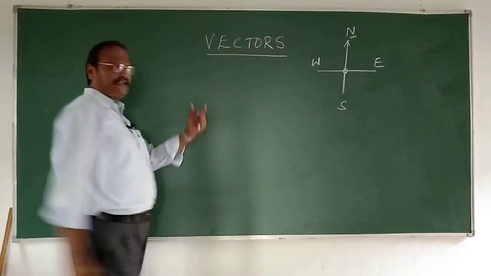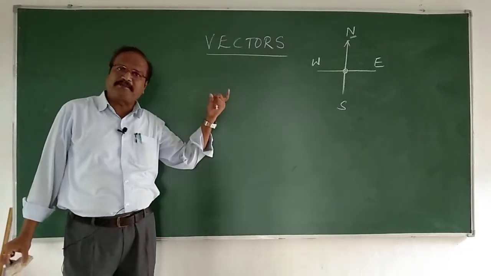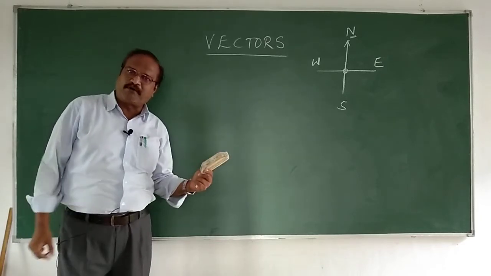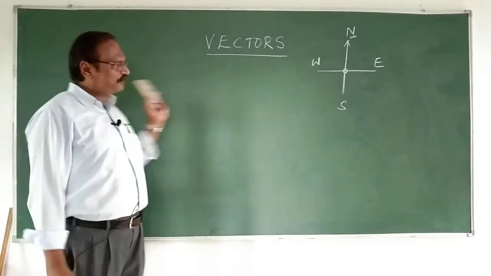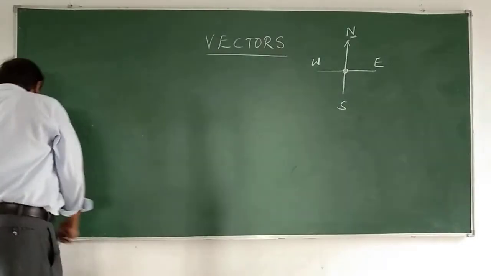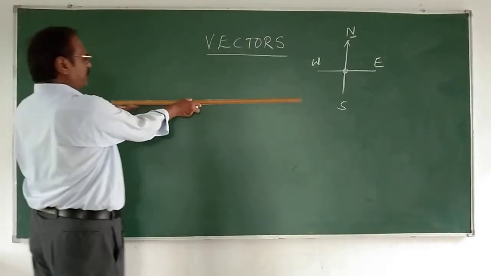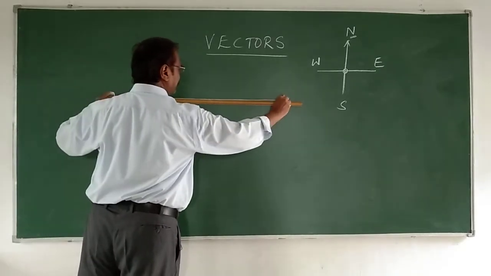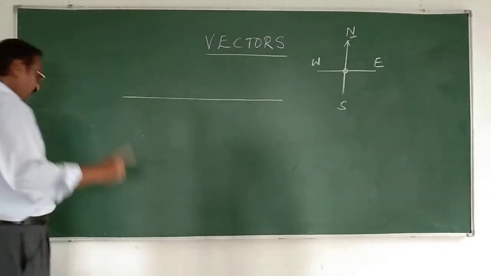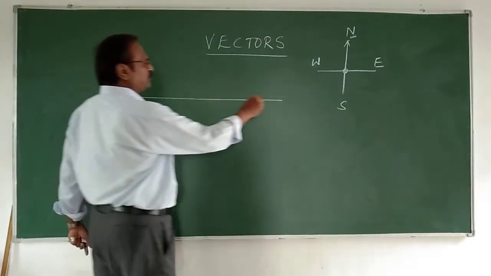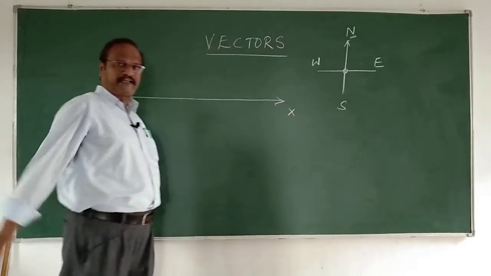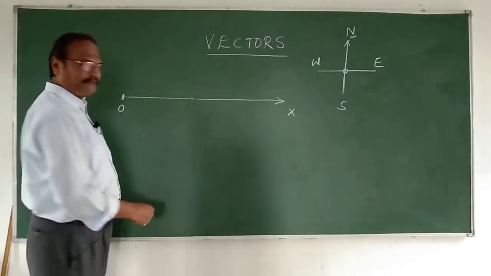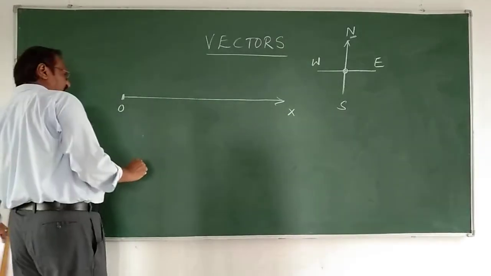why should we have a mathematical quantity concept in physics? Because in the previous chapter we studied about motion in a straight line. So when you talk about motion in a straight line, let us say this is a straight line. I am going to draw a straight line. When somebody is walking in a straight line, here you have only one direction and you can say that direction is the x direction. Fine. Yes, the person is starting from here. This is the origin point. He travels 5 kilometers, let us say, right? And I measure very carefully.